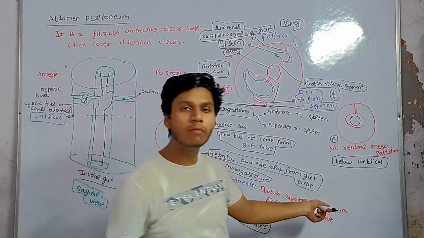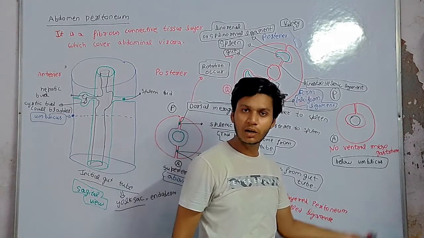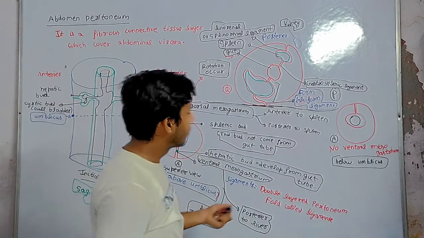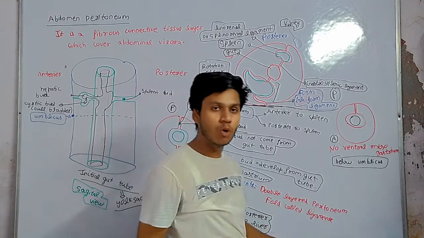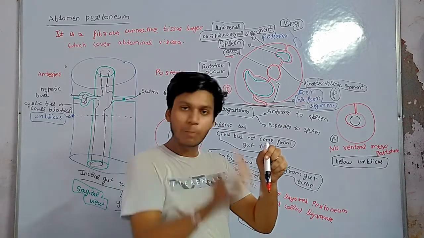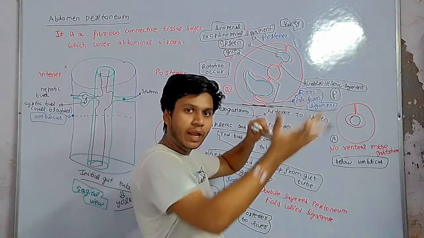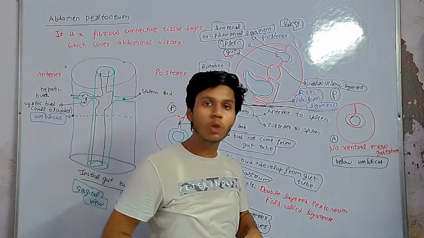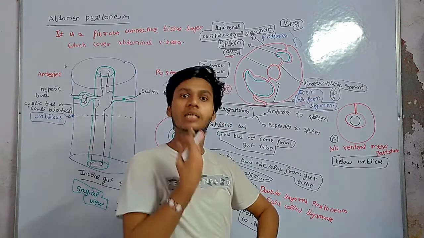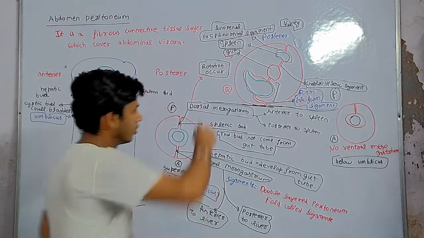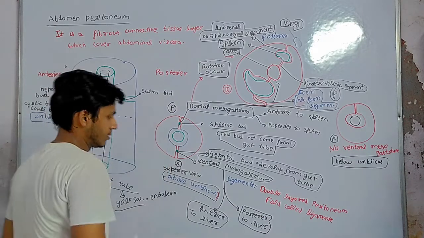Below the umbilicus we don't have ventral mesogastrium, and this is rotation. But with rotation some movement also occurs, which is called ascent of the liver. So the liver also ascends upward. The liver rotates and ascends upward because it is present in the middle like this, so it ascends and goes into the right hypochondrial region. Done. So first note this.